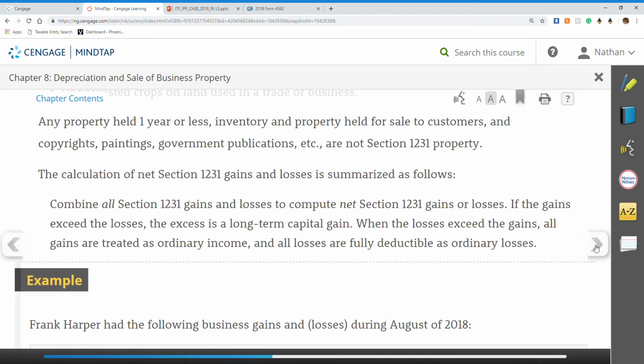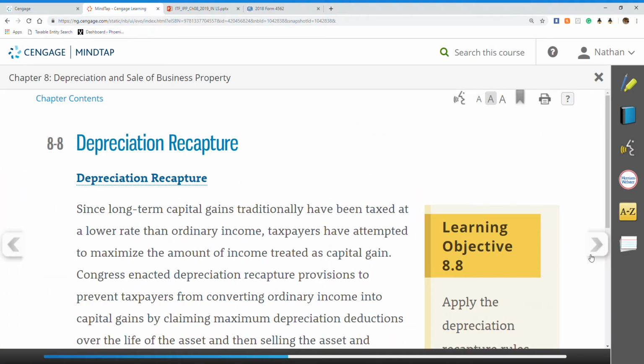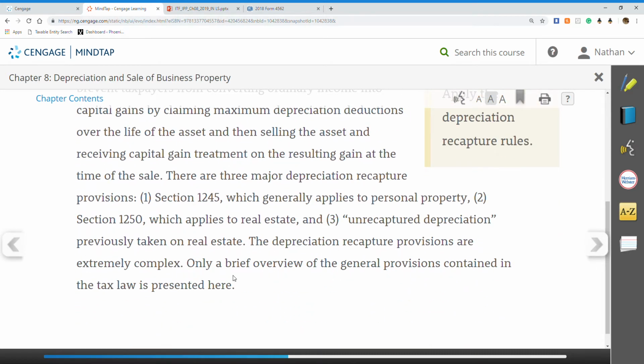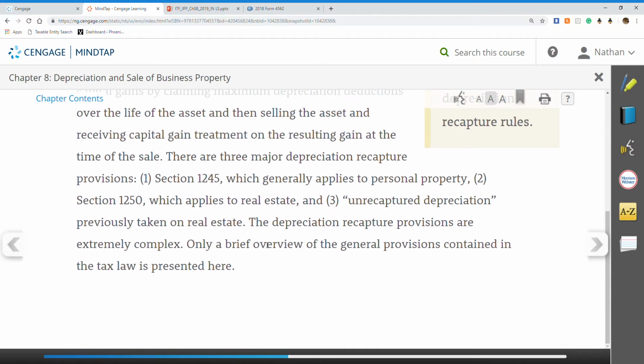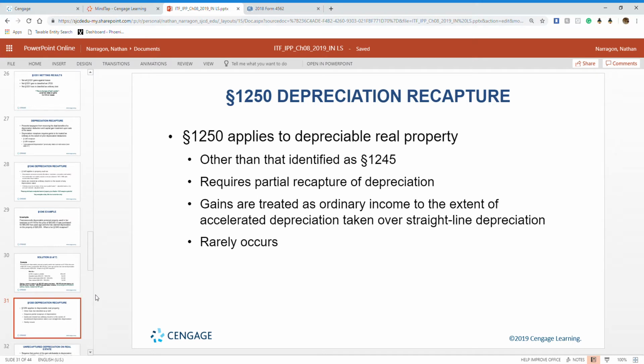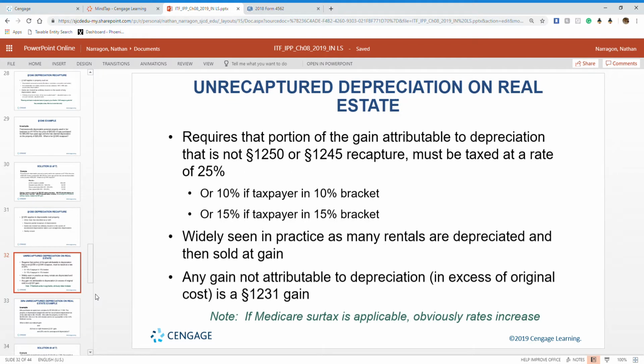So when we look at this, section 1250 applies to real estate, and we don't see that much. We usually see section 1245 for personal property, but not section 1250. So this is just a definition to know what it is. But when we look at real estate,